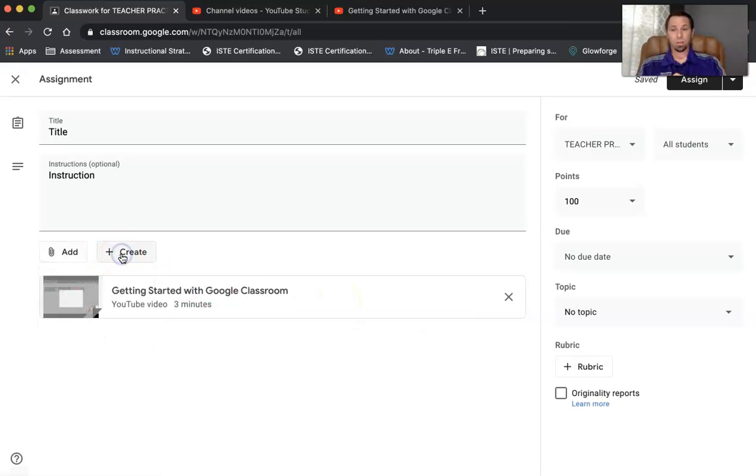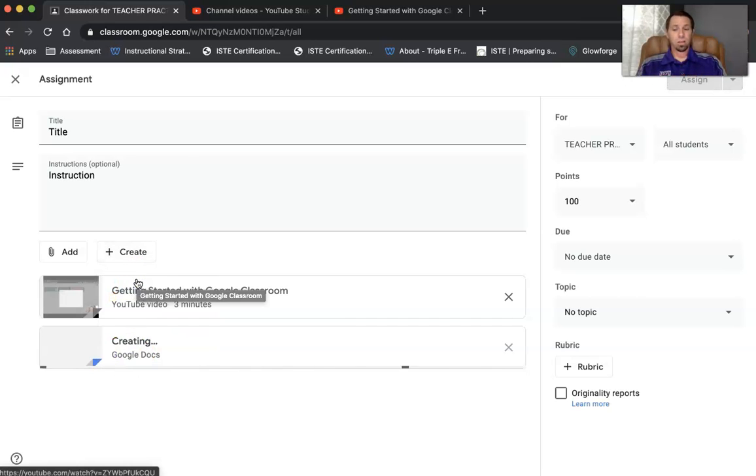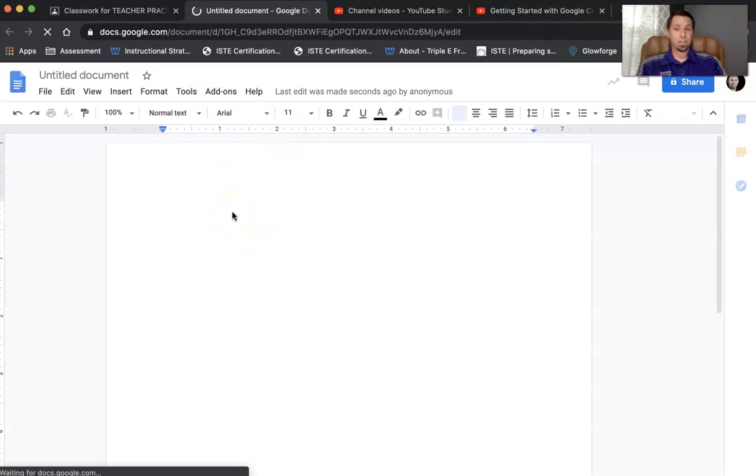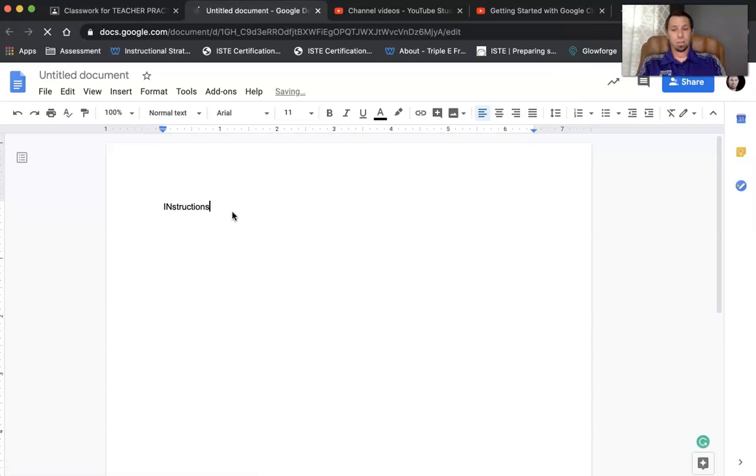Now we're going to talk about the create option. If you click on the create option, you can choose a doc, slide, sheets, drawing, or form. What will happen is if you click on the doc, it'll create an individual document and it'll let you add to the document. So you might want to add instructions for the assignment,